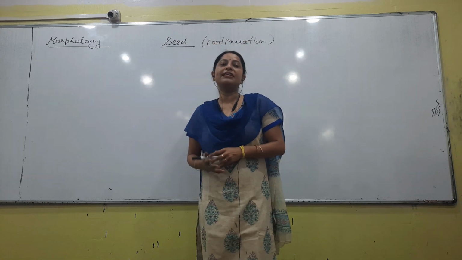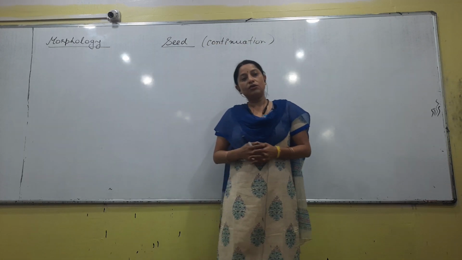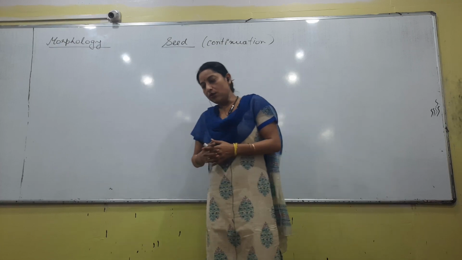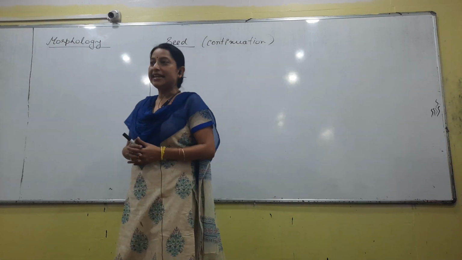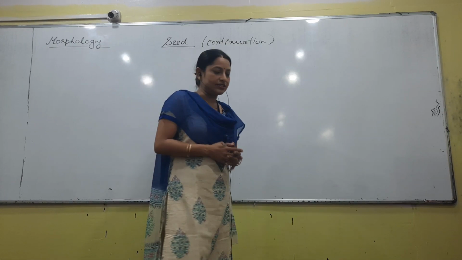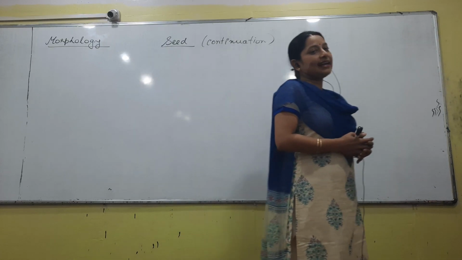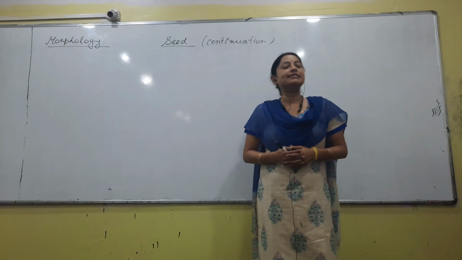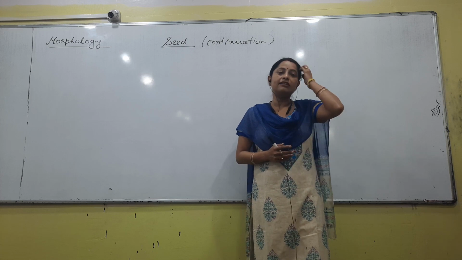The second male gamete that is present in the pollen tube, what is its function? It will go and fuse with the central cell, and ultimately they will form a cell that has triploid ploidy, which ultimately will form the endosperm. So, this was the part that we have discussed.